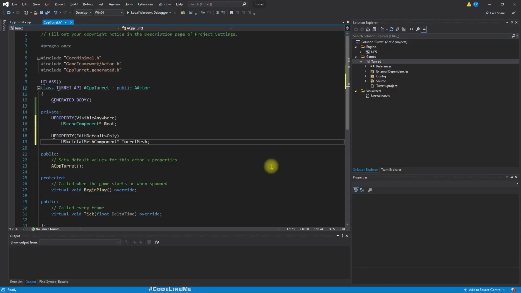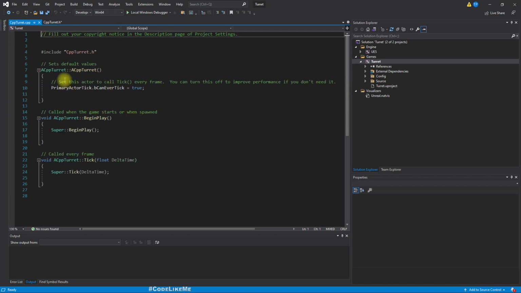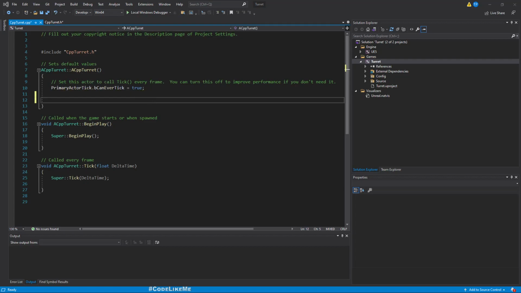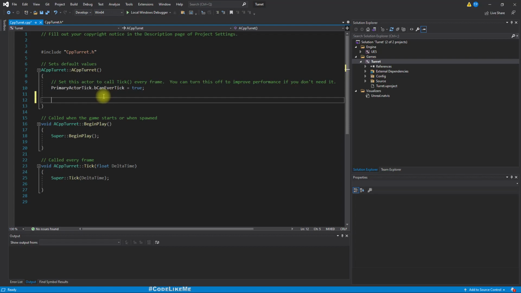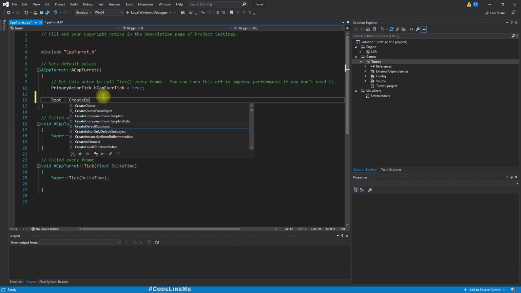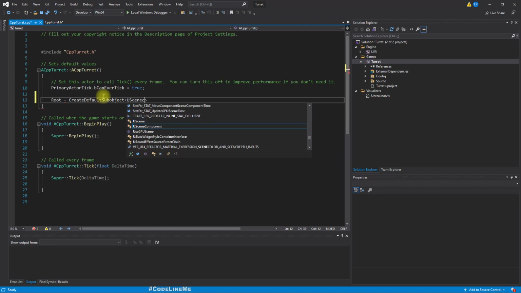Right, now I have defined the variables. Now let's initialize them in our CPP turret class in the constructor. This is the constructor. So let's add a scene component object into this root reference we defined. We can do it like this: Root equals CreateDefaultSubobject in the type of USceneComponent,